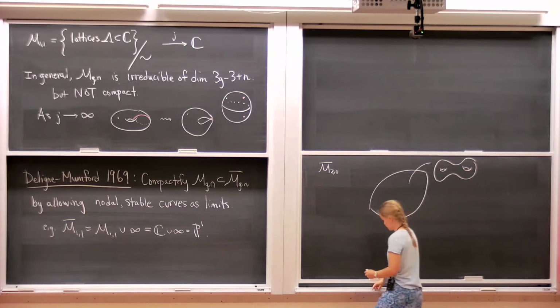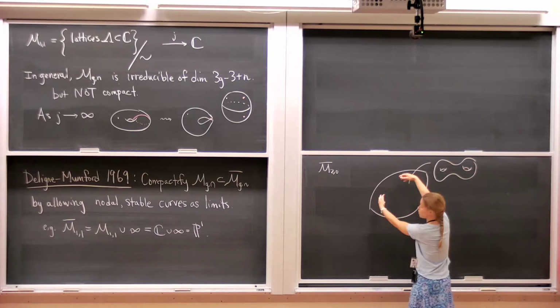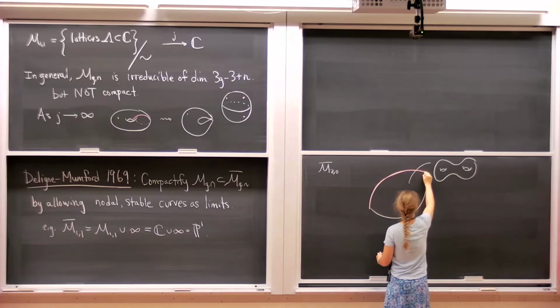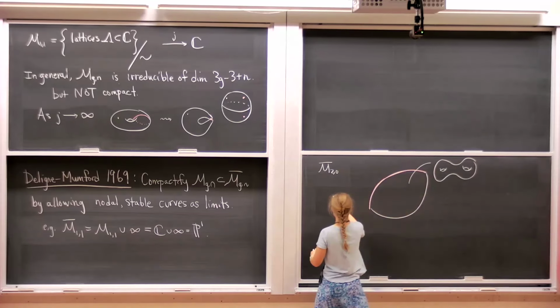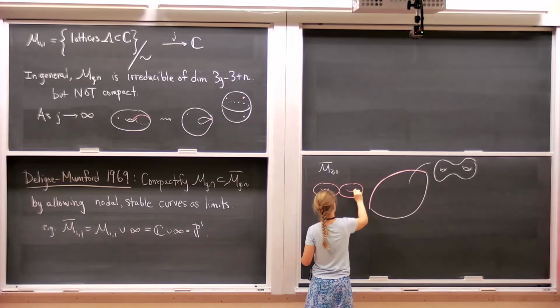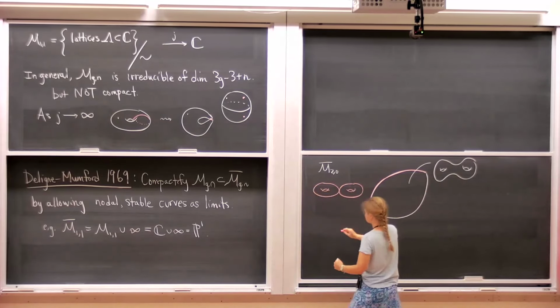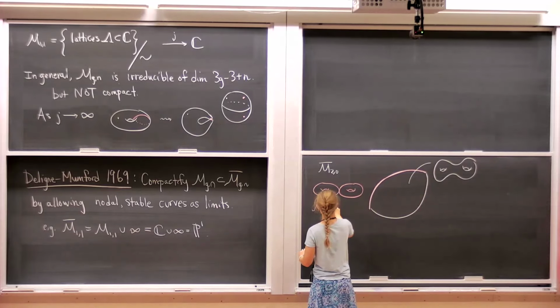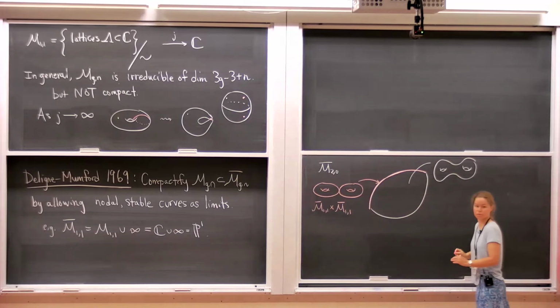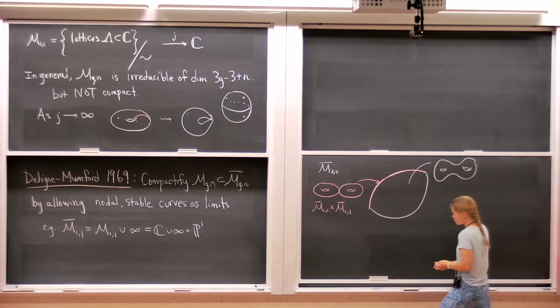But as we wander off towards the boundary, the curves can become singular. So one way that can happen is that I can glue together 2 genus 1 curves at marked points. And another way that can happen,